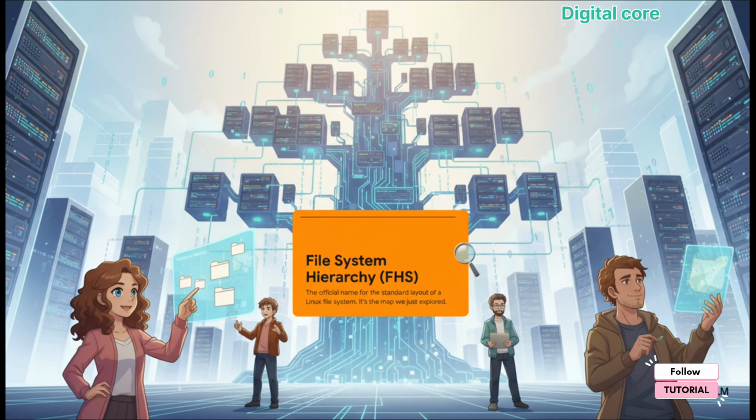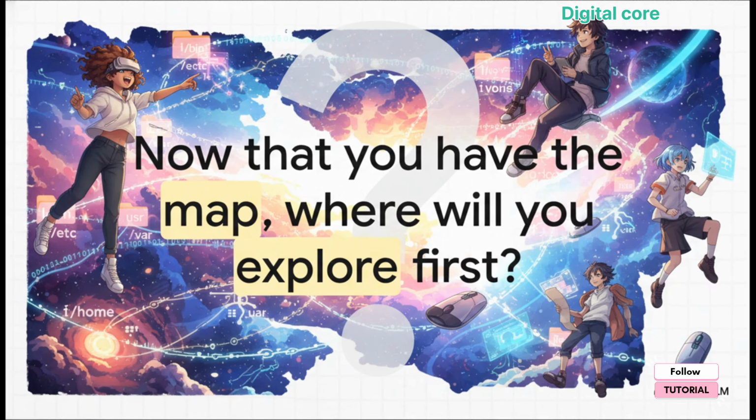So the big takeaway here is that this map we've been exploring isn't random. It actually has a name, the File System Hierarchy Standard, or FHS. It's a standard that makes sure that no matter what Linux system you log into, you'll have a really good idea of where to find the commands, the logs, the configs, everything you need to get stuff done. You know, this tour really just scratches the surface. Think of it as your first orientation. The Linux file system is vast, and there's so much more to discover. So now that you have the map to the universe, the only question